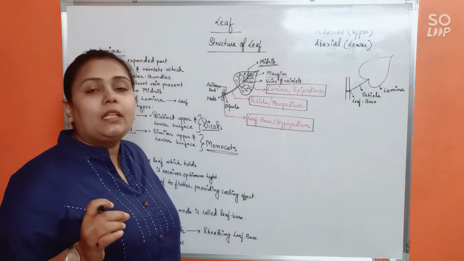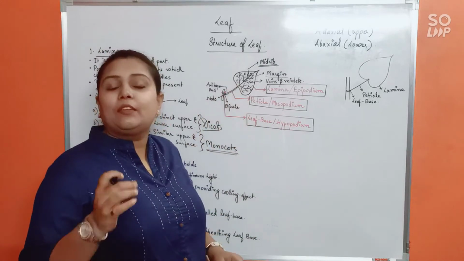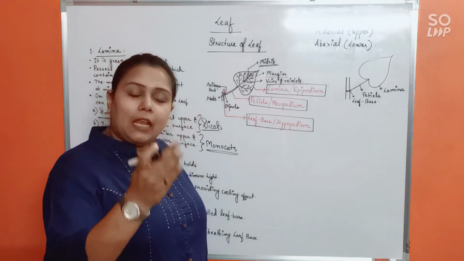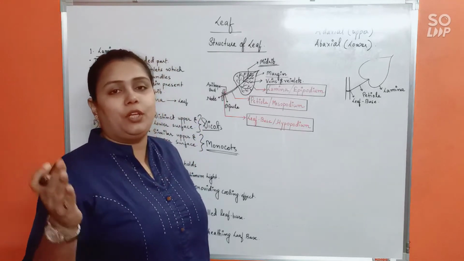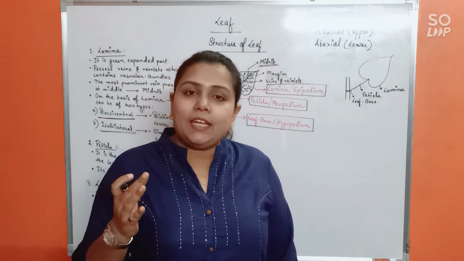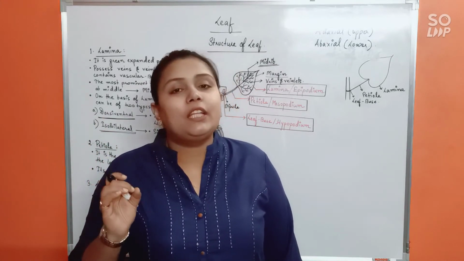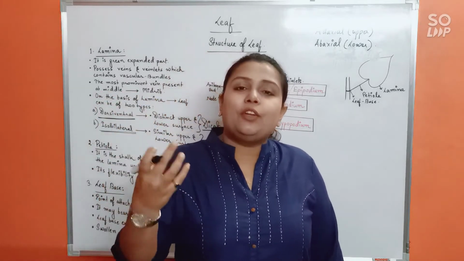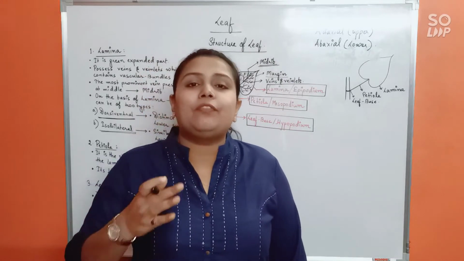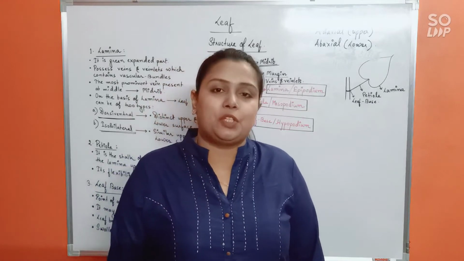Also, apart from that, the petiole has another function as well: the petiole being flexible, it allows the leaf to flutter with the wind. It allows the leaf to keep moving with the wind. And because it keeps moving with the wind, fresh air is continuously supplied near the surface of the lamina, and that has a cooling effect on the leaves. Because leaves are continuously exposed to the sun, they should also have a cooling effect, which is provided by the fluttering of the leaves. And the fluttering is provided due to the flexibility of the petiole.